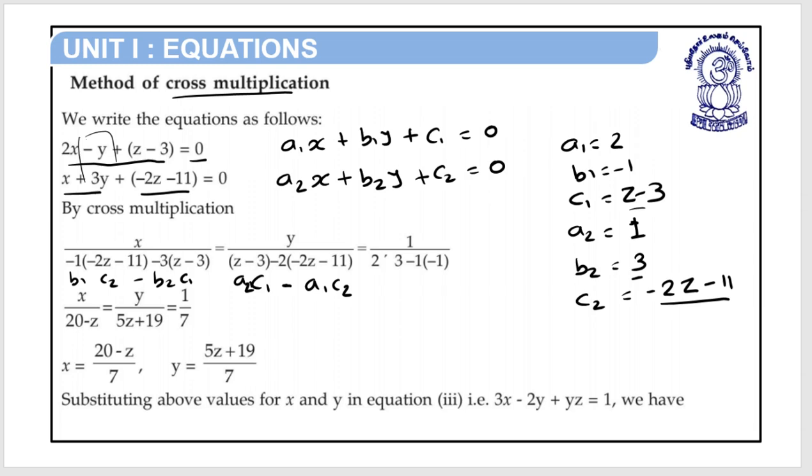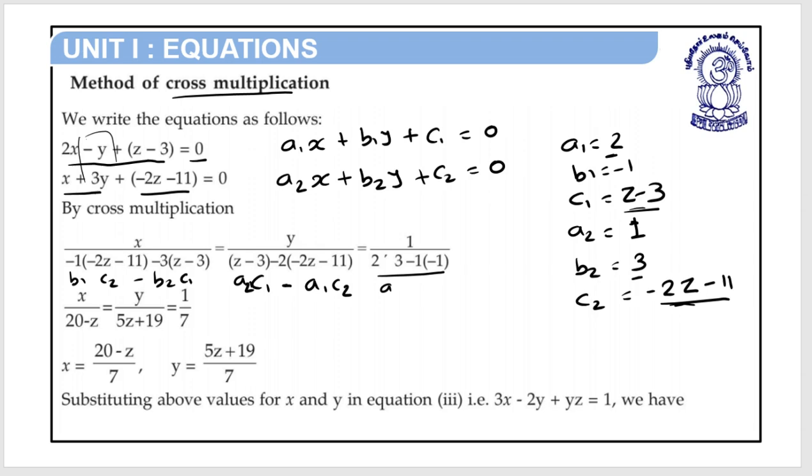So the value of a2 is 1. So 1 into c1, c1 means z minus 3, z minus 3 into 1, so z minus 3 minus a1 c2. So the value of a1 is 2 and c2 is minus 2z minus 11, is equal to 1 upon